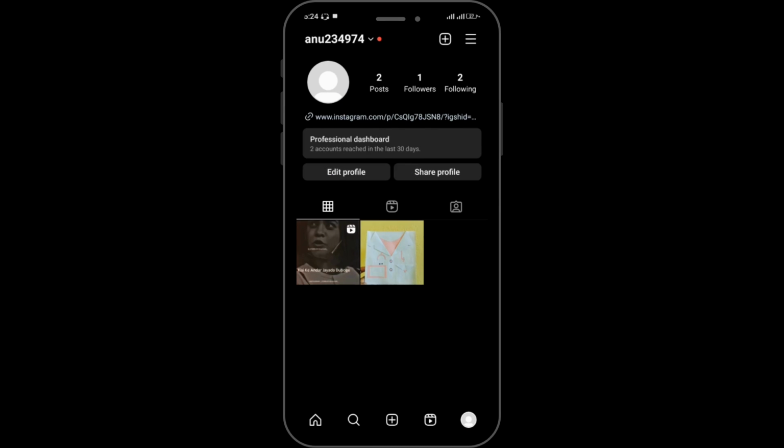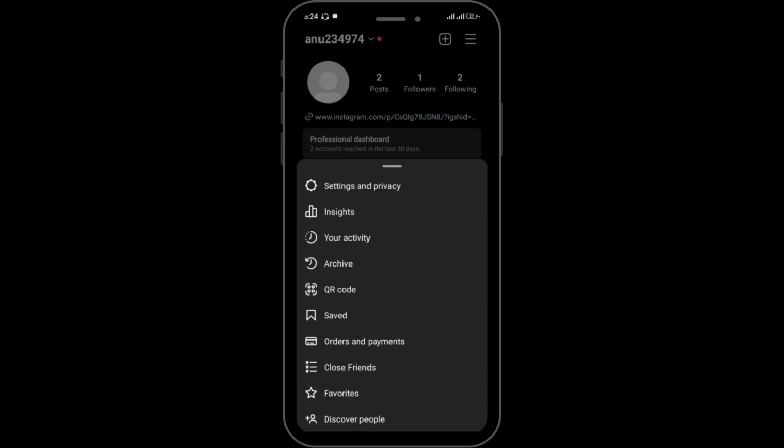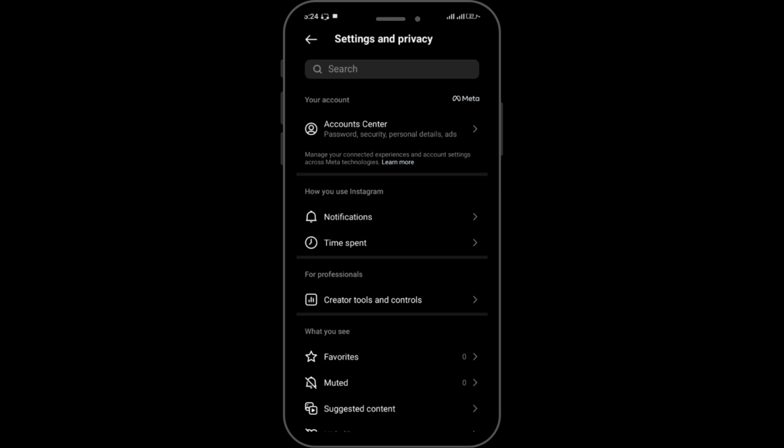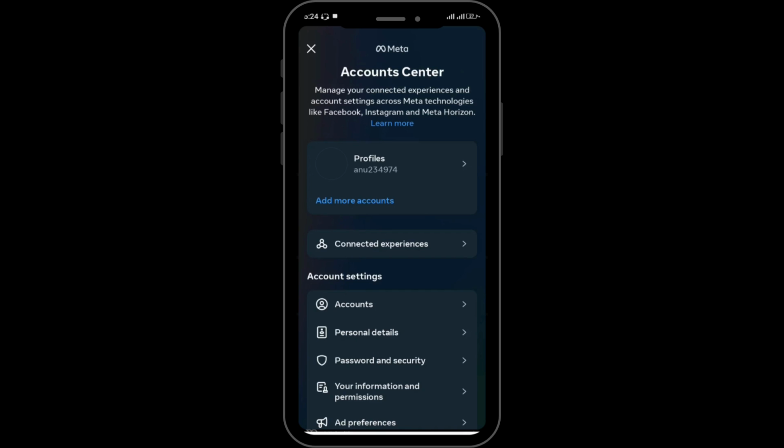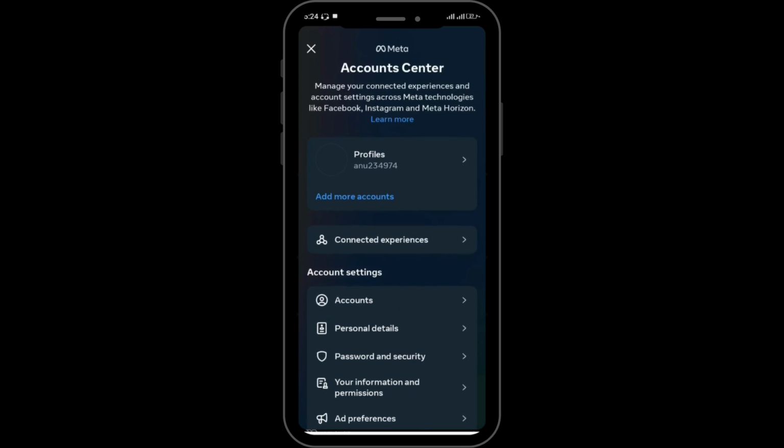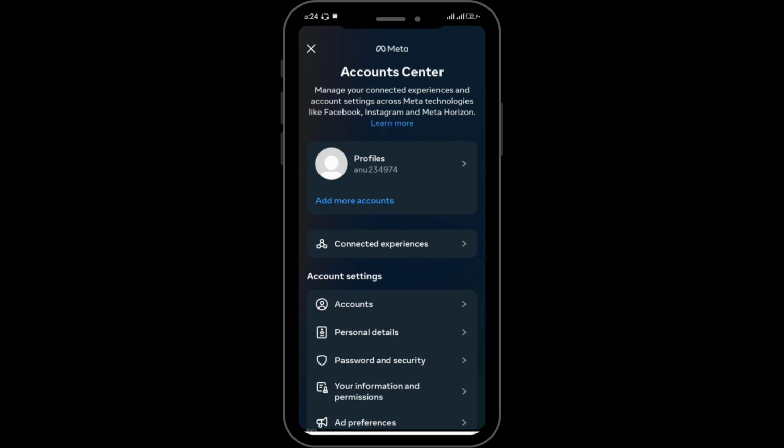After that, you have to tap on the 3-bar horizontal line in the right upper corner, and here you have to go through the settings and privacy. After that, you have to tap on the account center option, and here you'll be able to see the various settings. Among them, you have to go through the connected experiences,